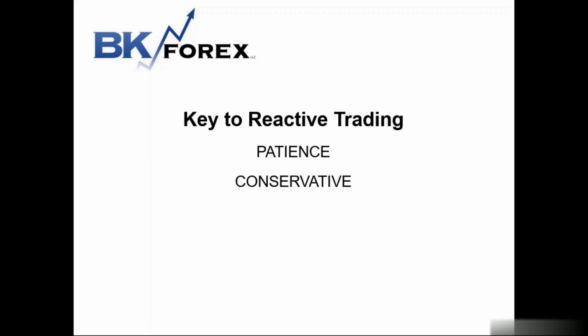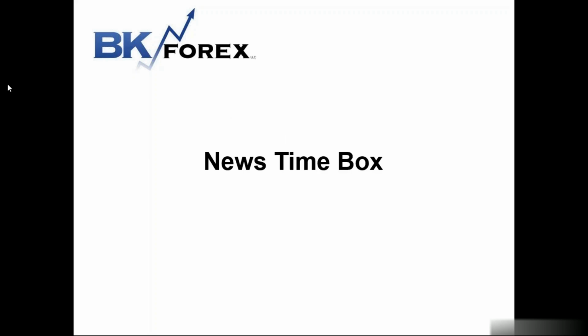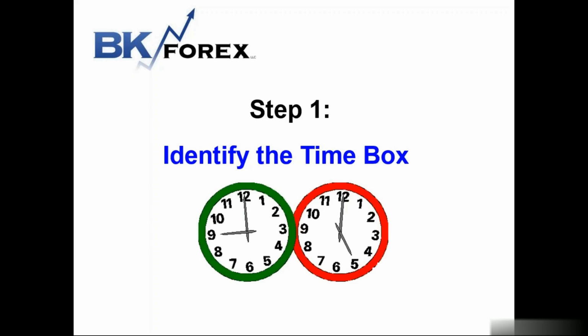And by being ambivalent to the data and using this news time box strategy, you can just trade the market sentiment and its reaction and not necessarily what you think should happen. So basically, you're trading what is happening versus what you think should be happening. And it's quite a simple strategy, in my opinion.